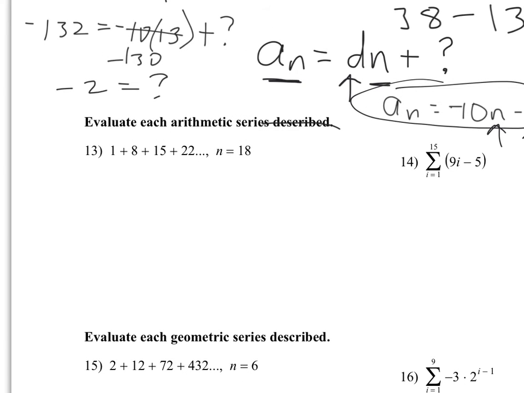Okay. Evaluate each arithmetic sequence as described. It's arithmetic because you can see that we're just adding 7 every time, and they want us to add 18 terms. For an arithmetic sequence,